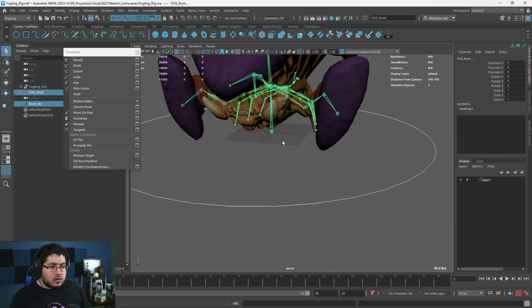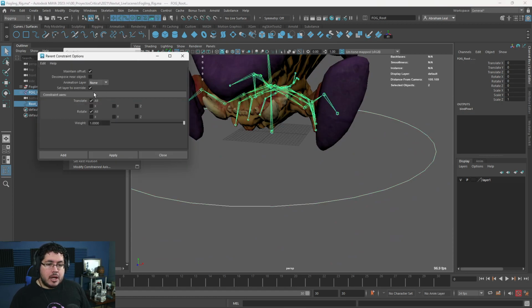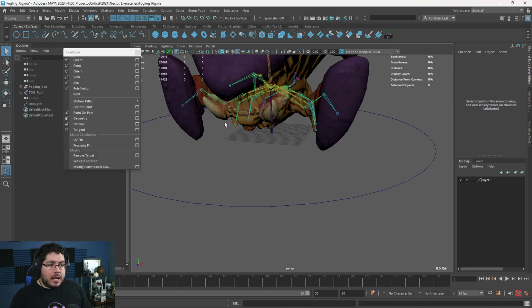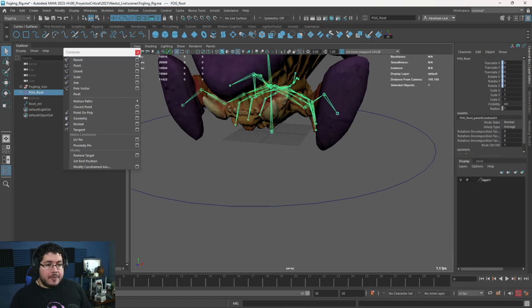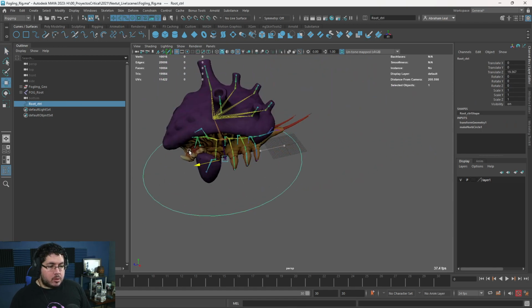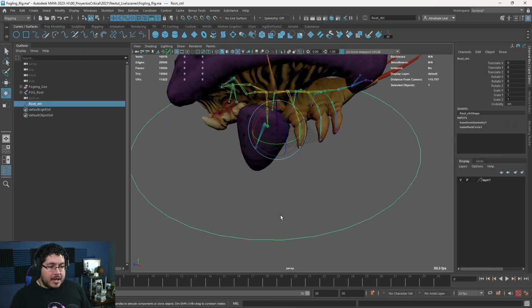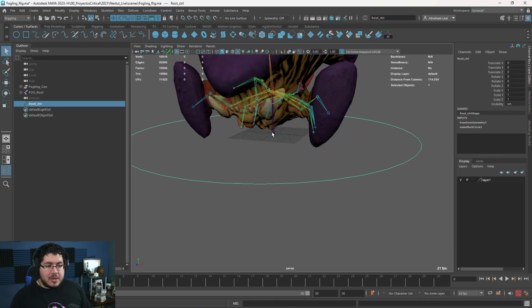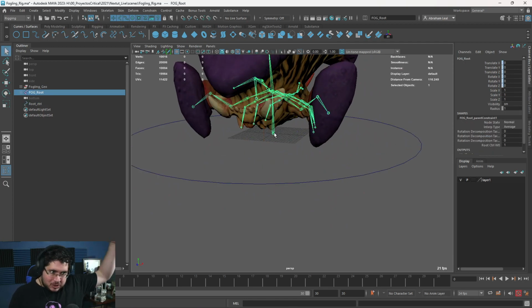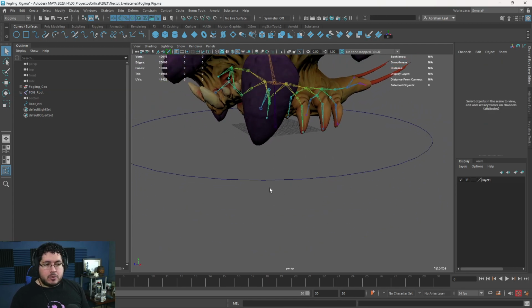So you select this guy and then you select the root control, and we're going to use a parent constraint. What this parent constraint does, as you can see right here, is connect the translation and the rotation of the element with 100% weight. And I hit apply. What happens now, you can see the curve is completely clean, but the root joint has this blue color, which means that it has a constrained connection. And now if I select this curve and move it around or rotate it, that rotation and movement I'm applying to this curve is being applied to that bone. And since the bone is connected to all of the other bones and all of the skin and everything, it just transfers along. It inherits all of those transformations. Now, that's the first one, an easy one, I would say.